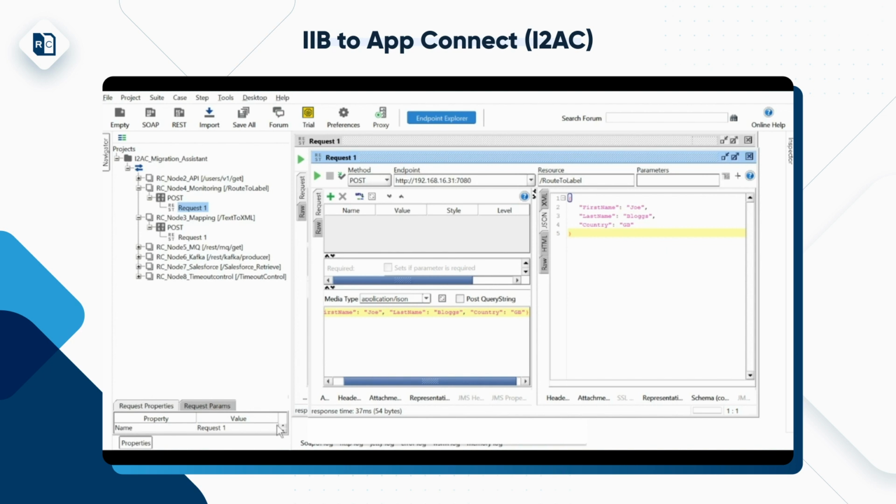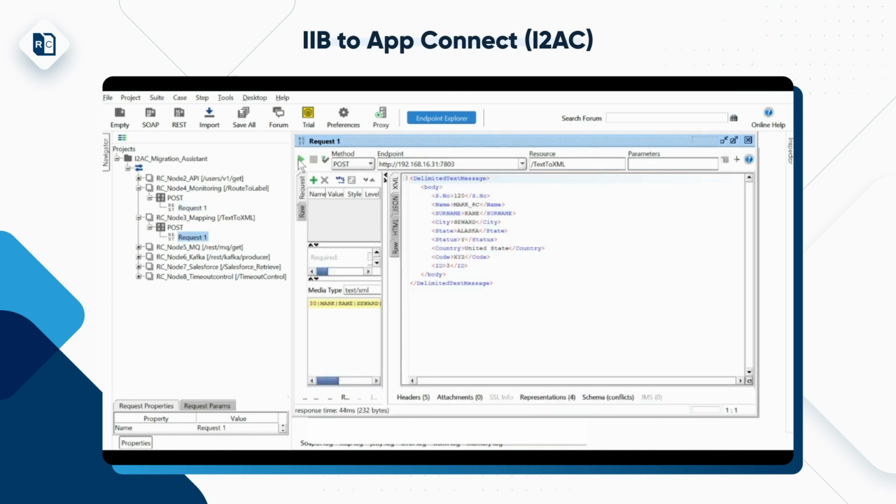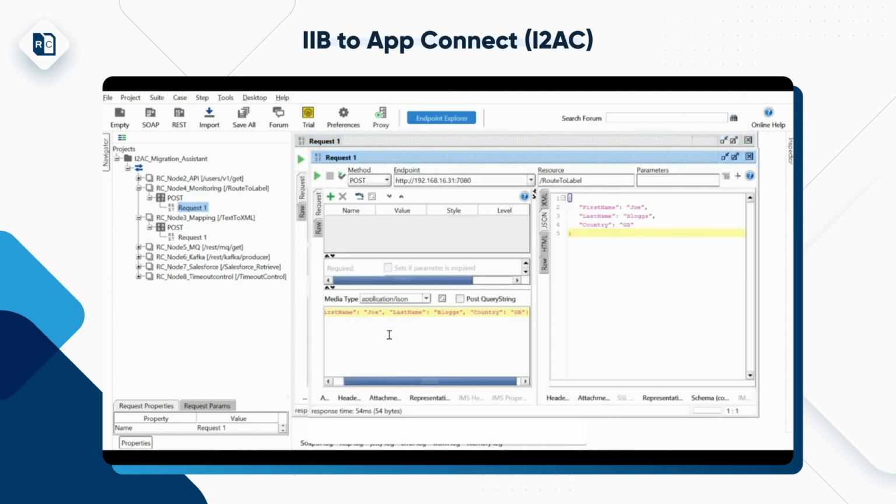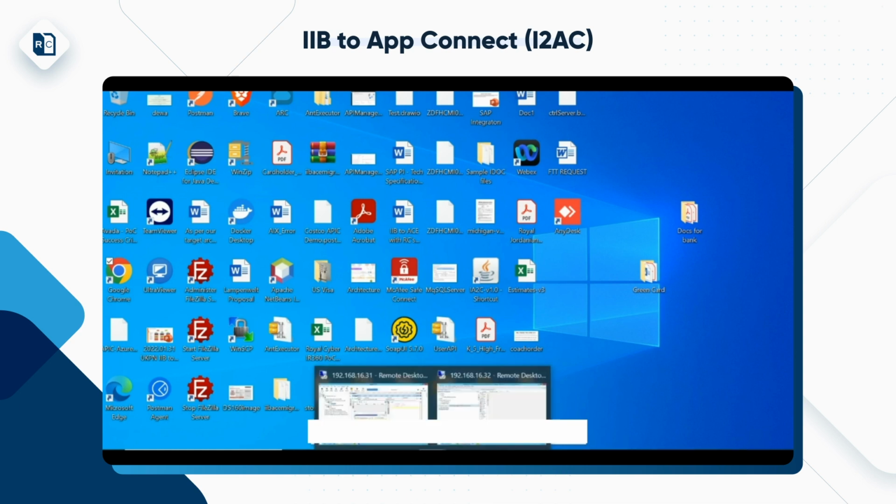Before going to the destination, these are the two applications which are running, and you can see the port. I just tried this application and it is working. One is where I'm getting a delimited string and it is converted into a string, and the other, as I said, is a monitoring event. I'm getting an event as JSON, and that has been pushed into the queue of MQ. So now let's go back to our destination part.